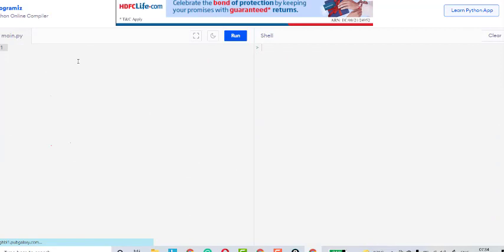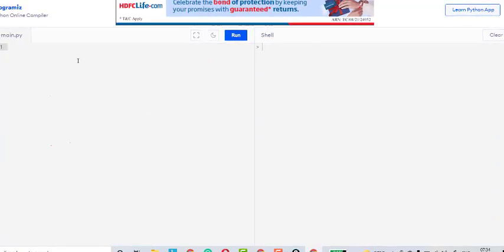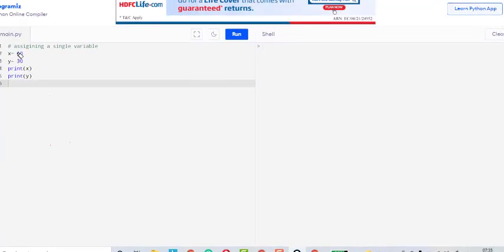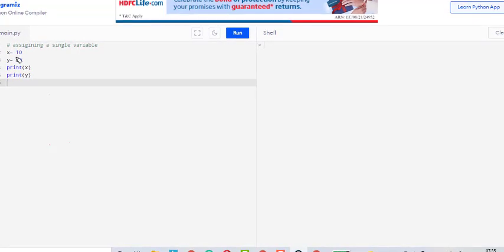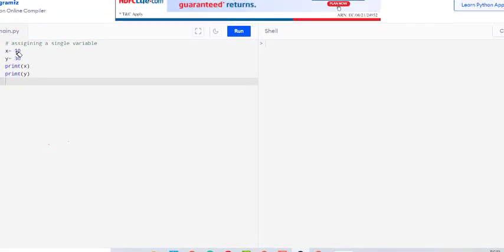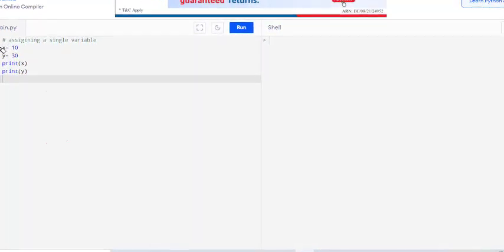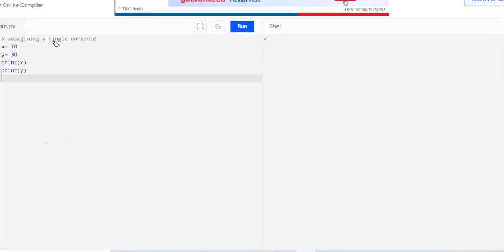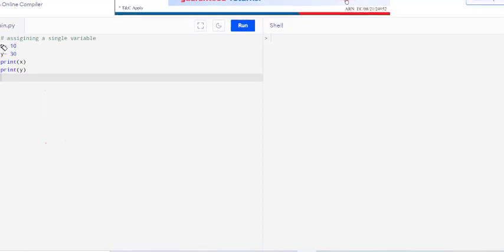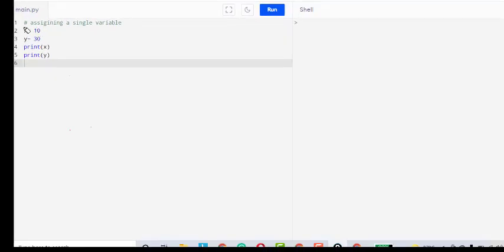Now let's see how to assign variables in the Python compiler. Here is an example for assigning a single variable. I start with a hash symbol. If we start with a hash symbol, it is a comment. Here I am using a single line comment, assigning a single variable.